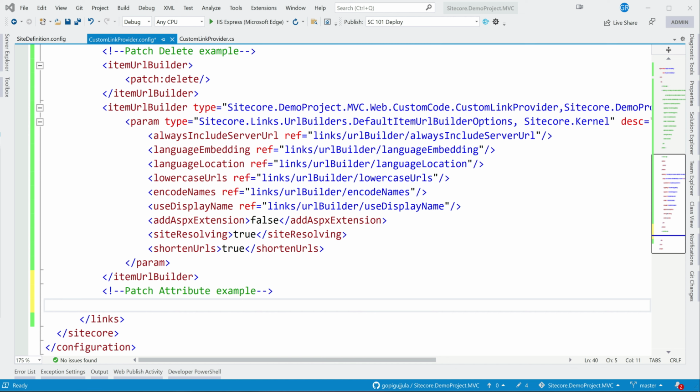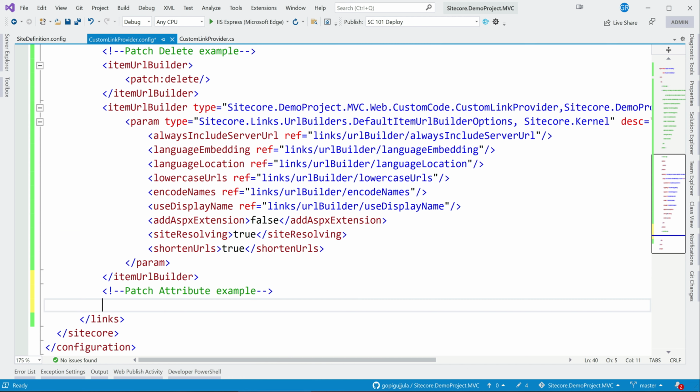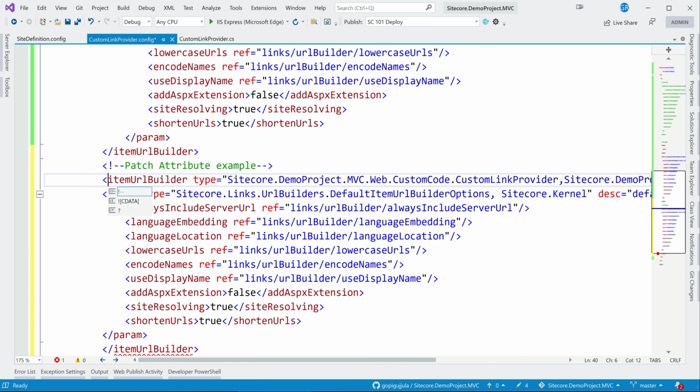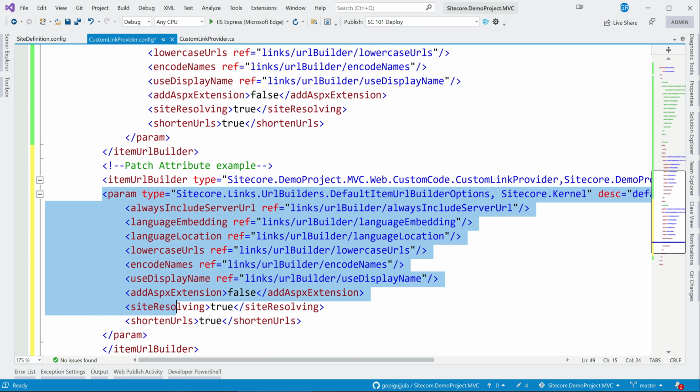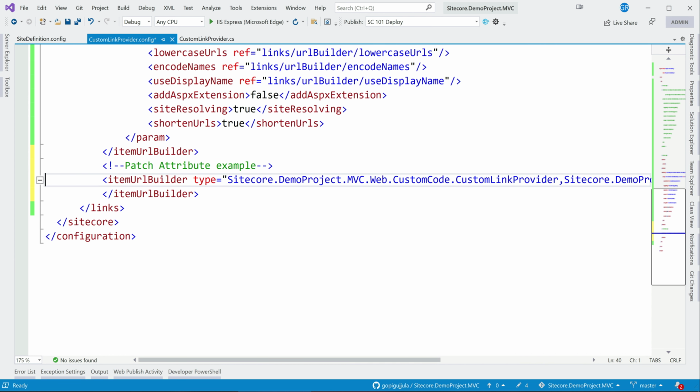Let me just copy this. I don't need all this. I'm not modifying anything because I'm only updating this attribute. So what does item URL builder have?